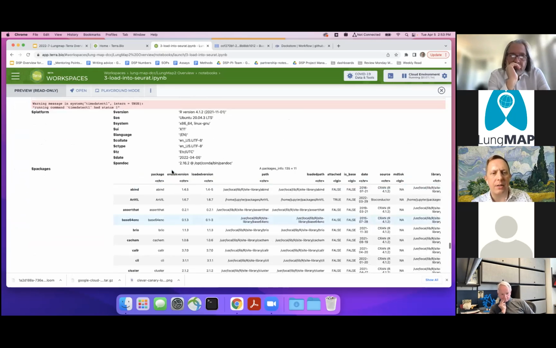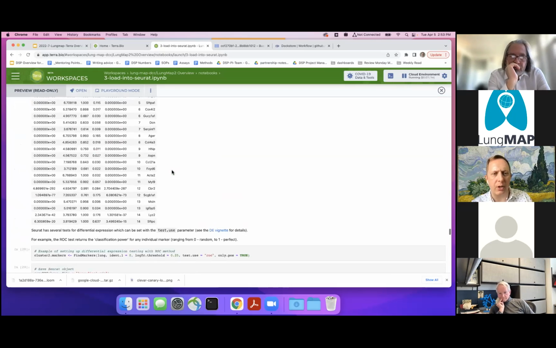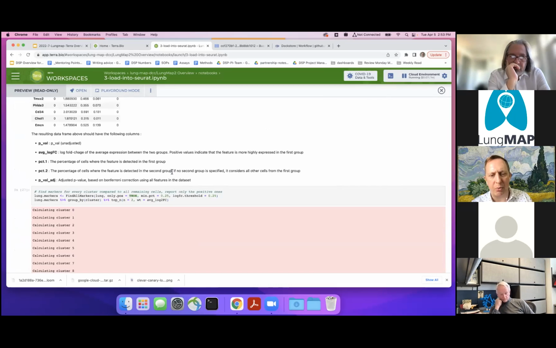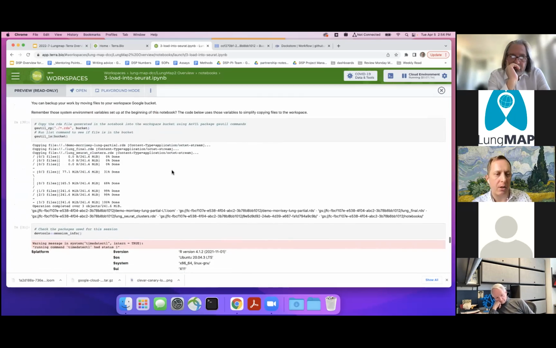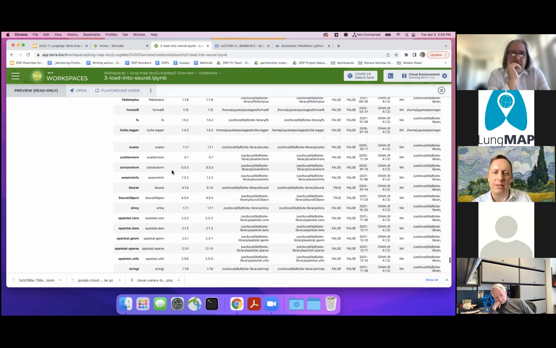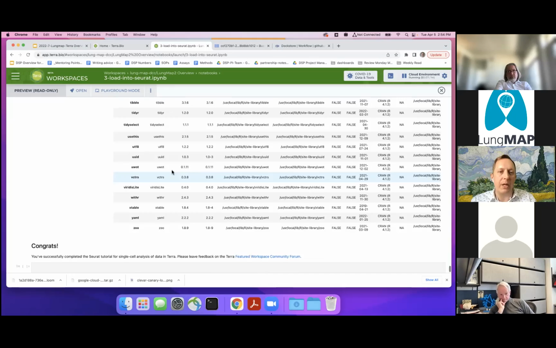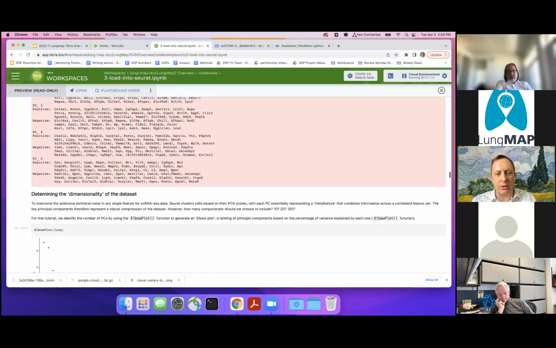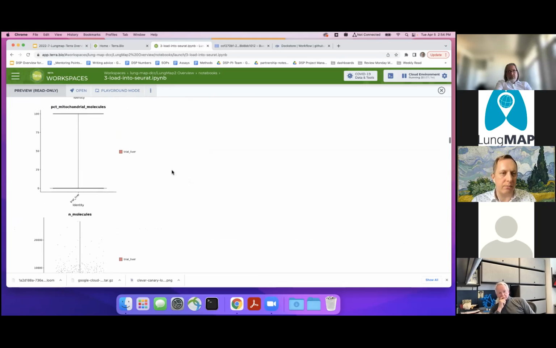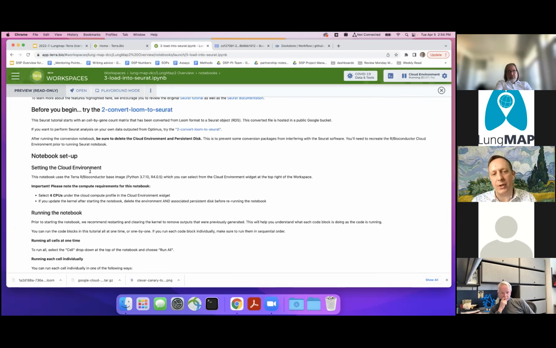And none of this information is super important. You should once again go to the paper to see genes and stuff like that. But the point is you can do these kinds of things. And this is just using a subset of the data, but depending upon how big the data is, with larger resources, you can do even more. But that's an example of running through a pretty standard tutorial and what it would look like for the notebook, because you have to copy the data in and copy it back out,